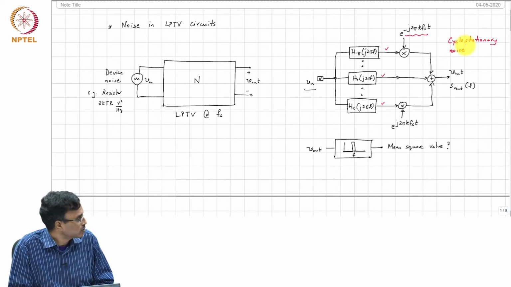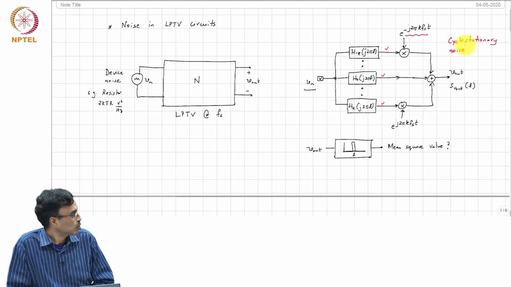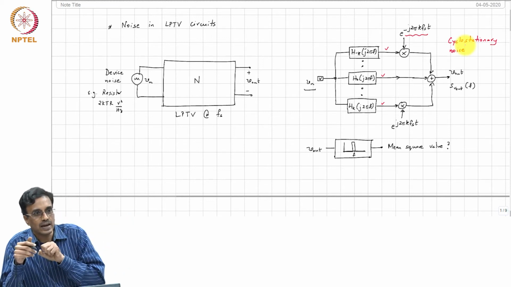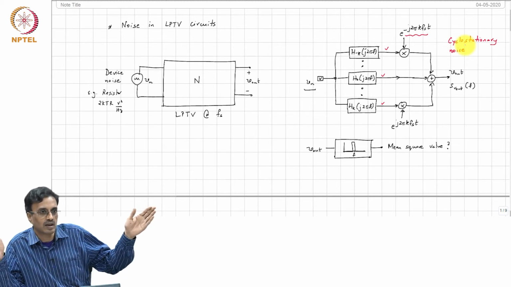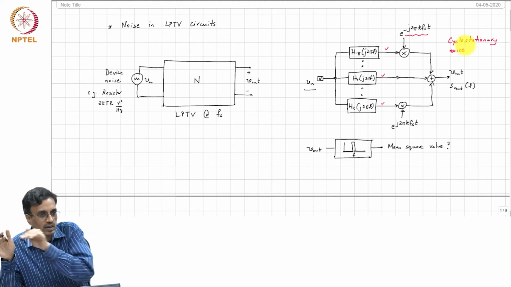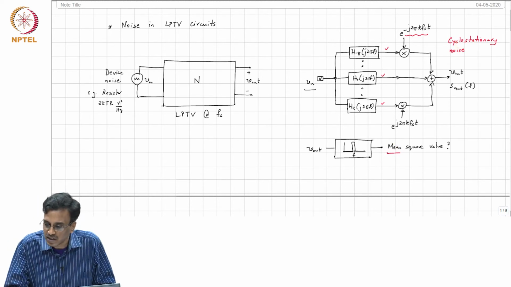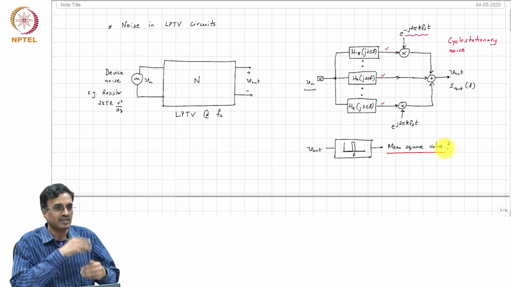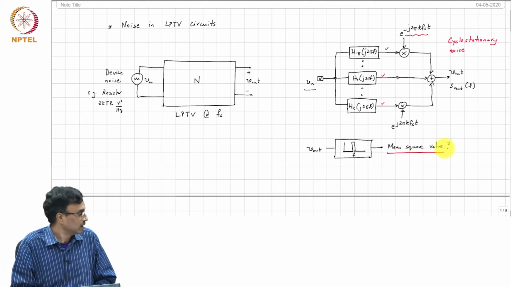All right. But it so turns out that most of the time when you are making measurements, you are looking for power in a very narrow band, right. So, you take this process which is varying rapidly with time and you pass it through a narrow band filter, and what is the job of a narrow band filter? A narrow band filter just simply averages out the variations, and you will get something which is constant, right. So, the mean square value that you measure at the output is an average of what happens throughout the complete cycle, right.